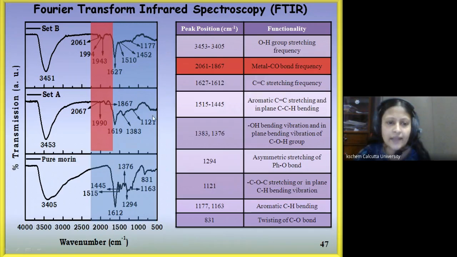The IR spectral pattern shows that in the pure Morin sample there are different kinds of peaks: OH stretching, C=C stretching. But the metal-CO bond stretching frequency near 2000 to 1800 cm⁻¹ can be observed in both set A and set B. This is due to the complexation between ruthenium and Morin, and these peaks can be observed in both set A